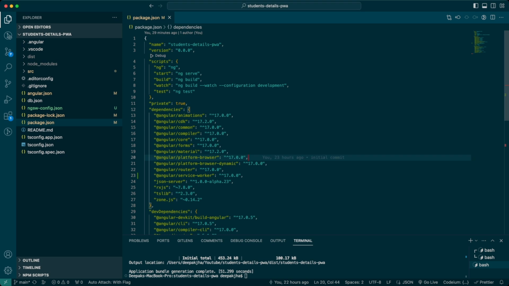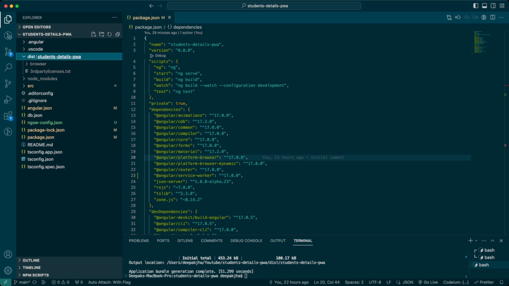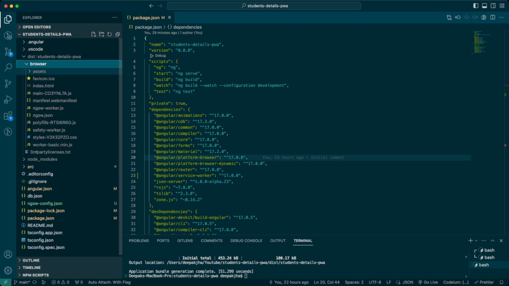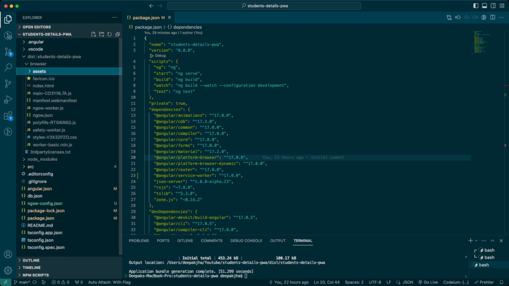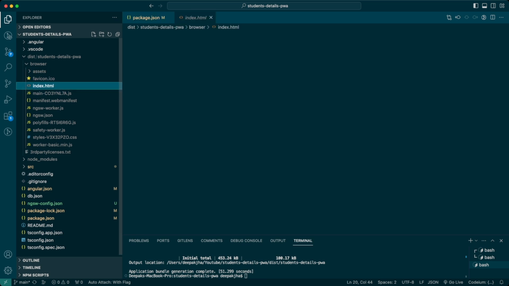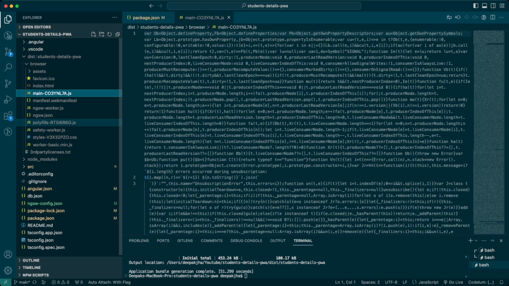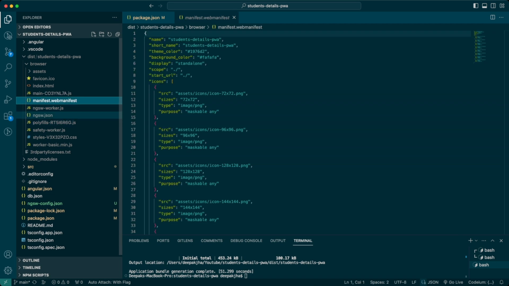Okay, so now you can see that the build command has been run, and it has already created a dist folder. So now let's just quickly get inside the dist folder, and we'll see that it has some of the browser and assets. All these assets are already available here. And then now just look at how many files it has. So first one is favicon.ico, which is the favorite icon that you can see on the browser when you run it. And then index.html, main, and then in a hashcode.js, web manifest file in which it has icons and other